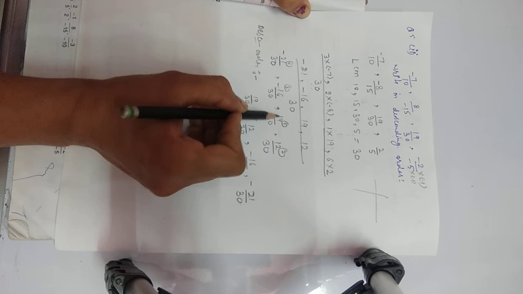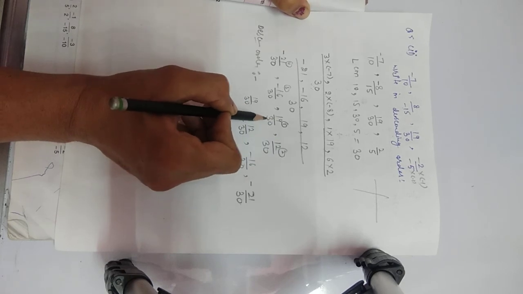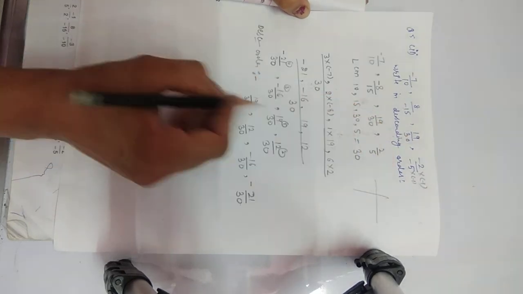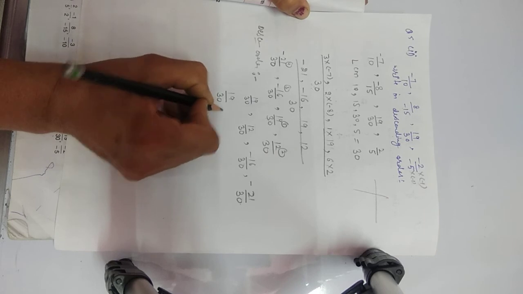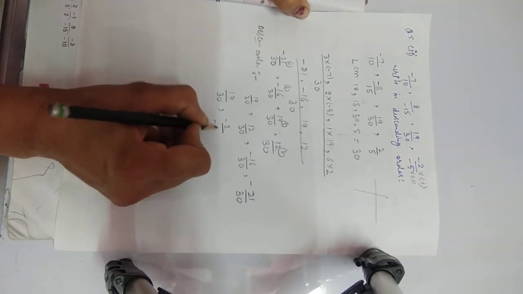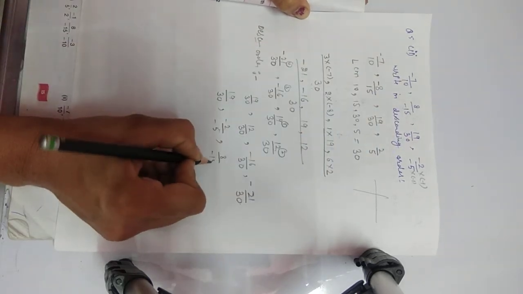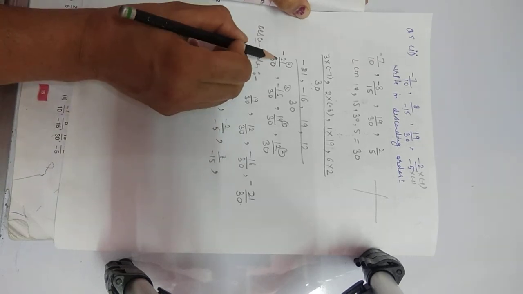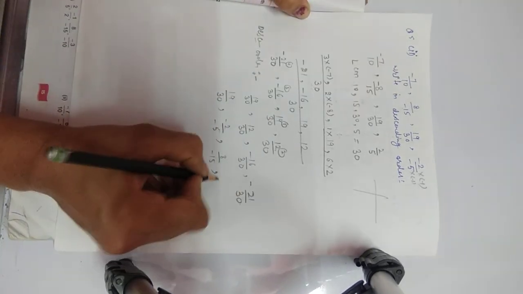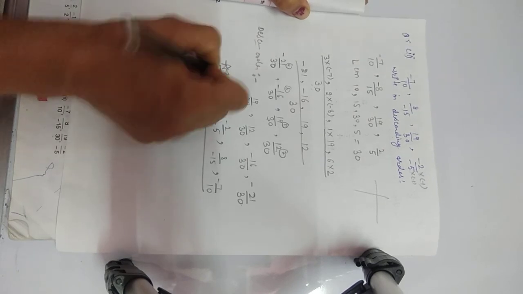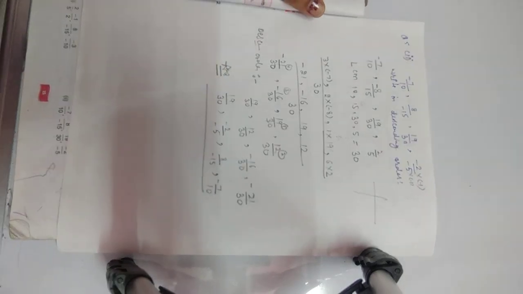Okay, 19 by 30 की corresponding rational, that is 19 by 30 itself. 12 by 30 की corresponding number -2 by -5 and -16 by 30 की corresponding, that is 8 by -15, and the last, the corresponding rational is -7 by 10. This is our required answer. Easily you can solve the other parts. Thank you.